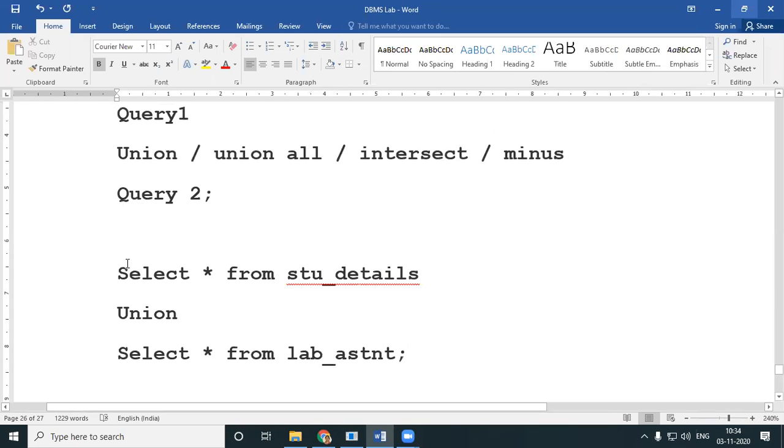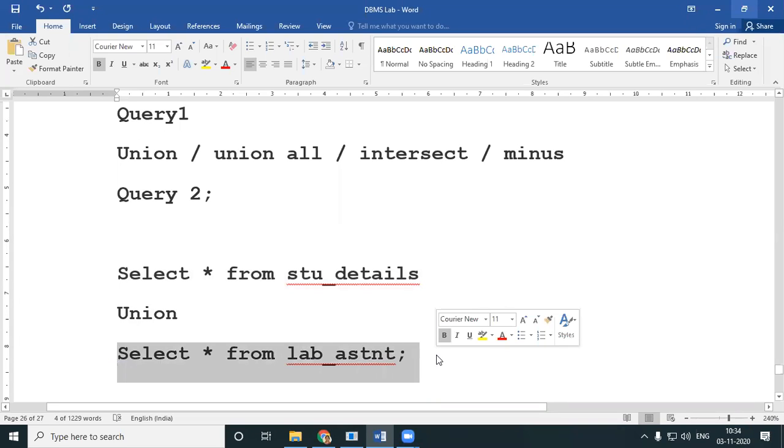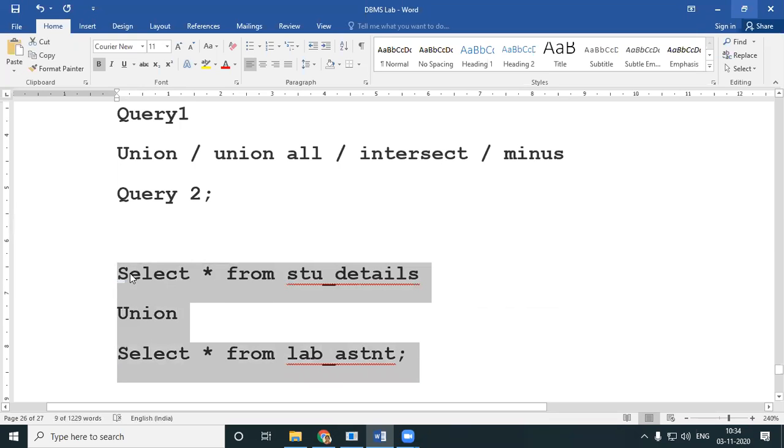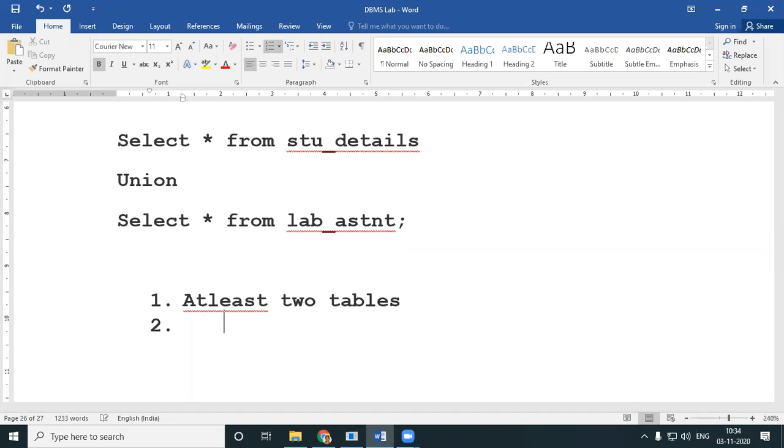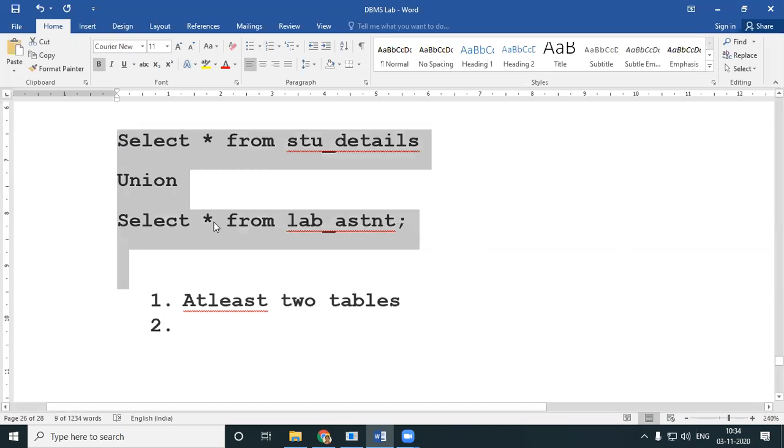I'm following the syntax: query 1, union, query 2. Just gather all the details and then combine them. I'll just copy this query. Before that, the first condition was you should have at least 2 tables. We'll write the second condition after some time. I'll copy this and go back to my SQL.